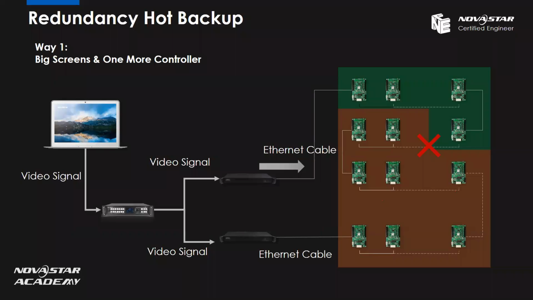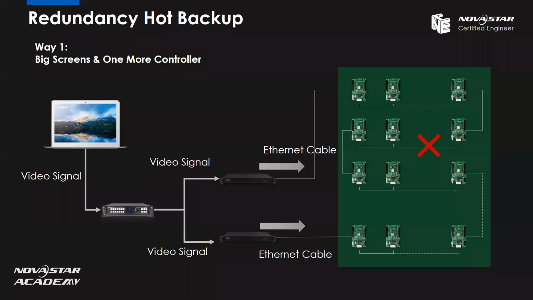But if we already set a backup device like this one, the whole system will know there is a cable broken, and the rest part of the screen will automatically switch the signal from the primary channel to the backup channel, just like this. So nobody will find out there is a cable broken because the screen won't have any black screen or any flickering screen display. So this is what the redundancy